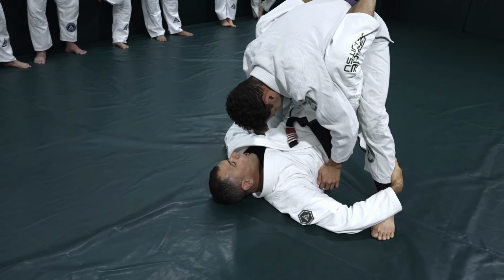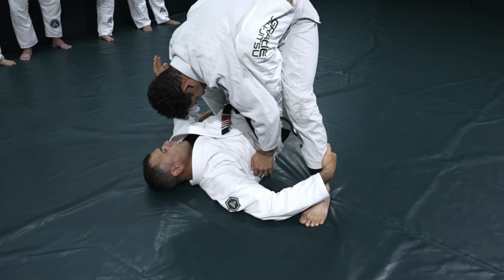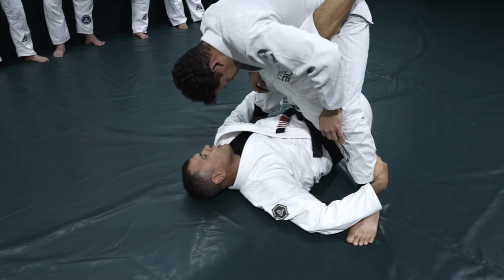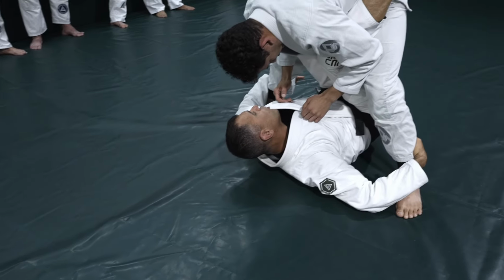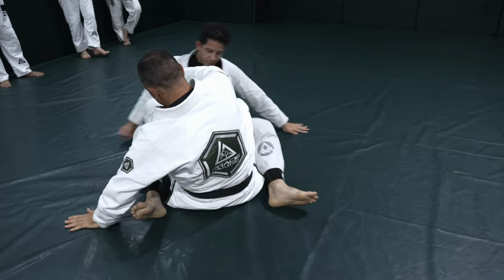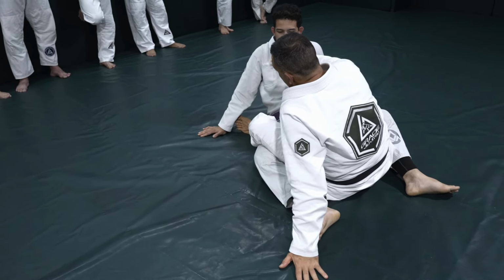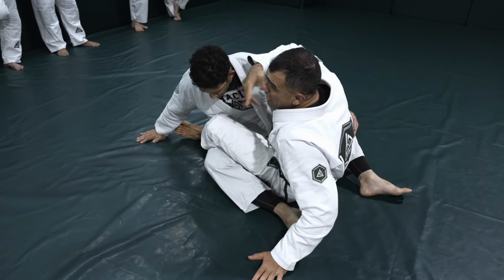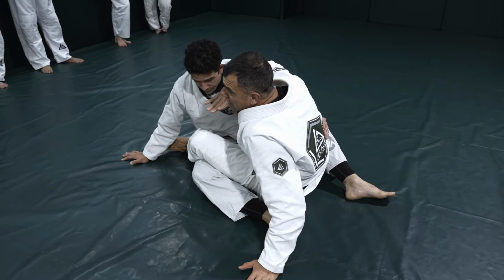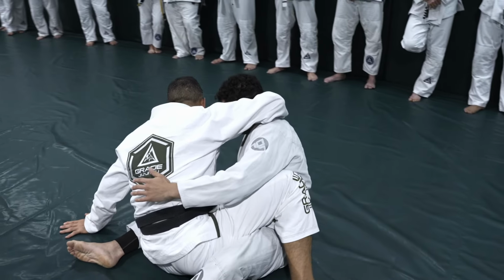And now look, I'm gonna drop my knees just slightly around the belly there so I can use my hip. I just come with my knees closer here. And now look, I thrust by extending my body. Turn this way. Cool. And now look, I'm here, very close to the mount. Usually they want to come back. They may come back, and we go back to the guard there, and it's all good. But what we want to do is create the momentum for you to go on the top before